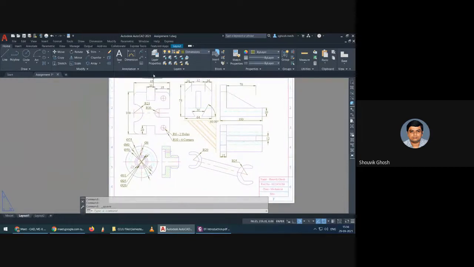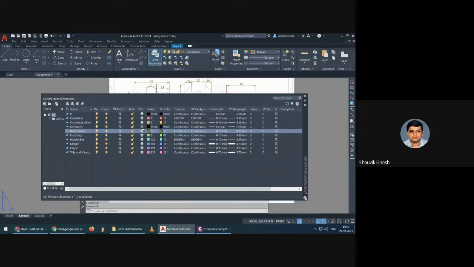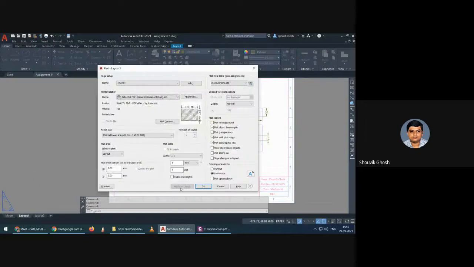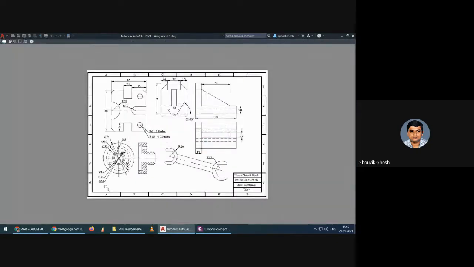After you have finished, what you need to do is remove the construction line from the plotting table. You can see I have removed the construction line from the plotting table. Once you do that, and if you do the plot preview, see what happens. So this is your final sheet. The construction lines that were present over there are now not present in the final sheet. Once you save it, this will be your finished sheet.